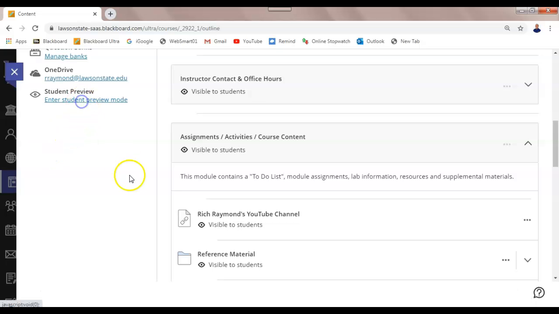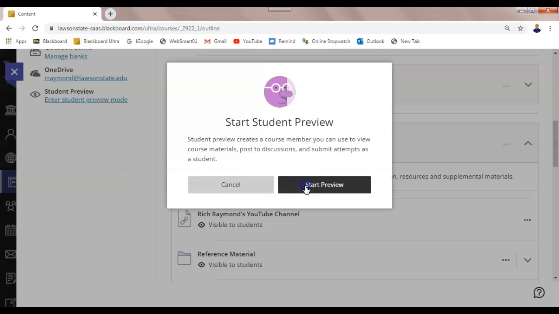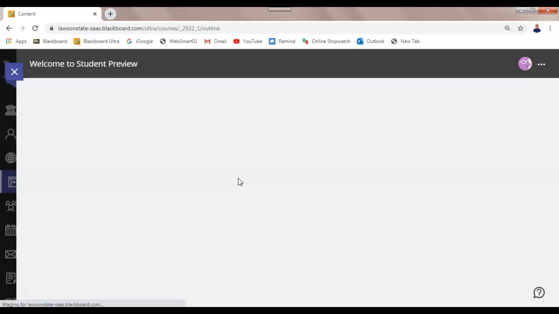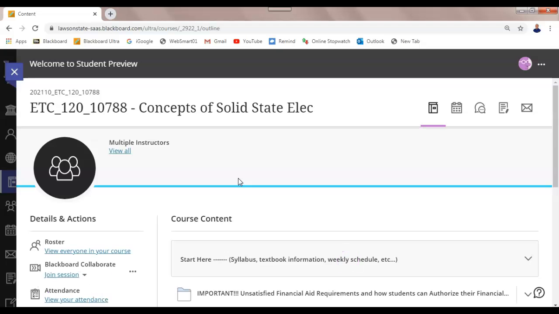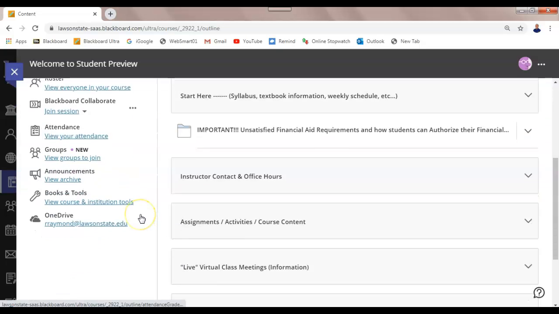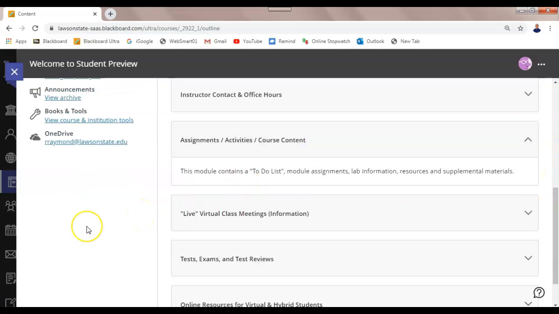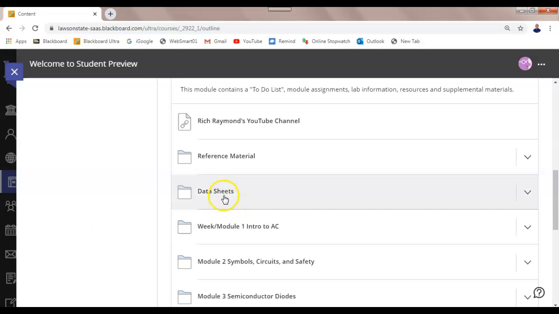In fact, let me switch over to your view to make sure I'm seeing what you see. And there's a worksheet right there in the back. So course content, data sheets,